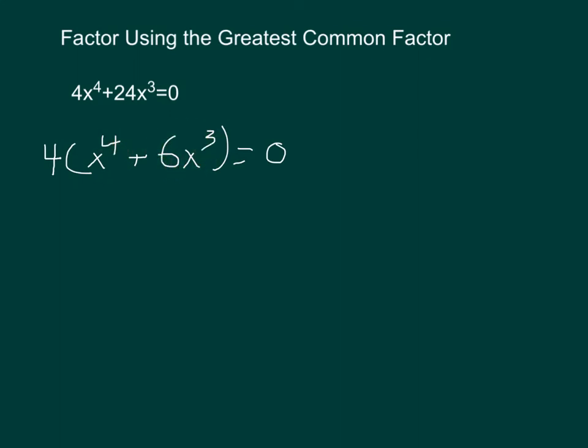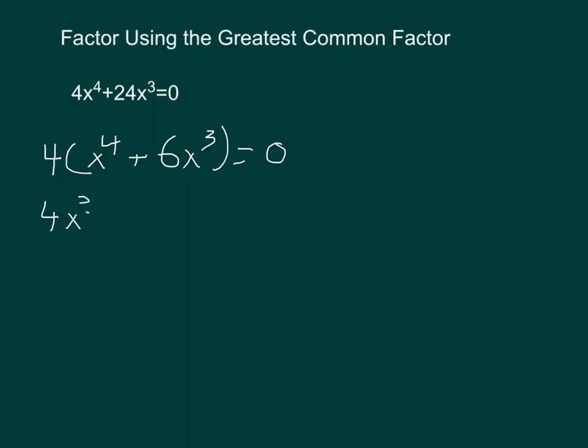And I'm basically looking for the smallest degree of the variable, because my first term contains 4 x's all multiplying. My second term contains 3. So if I look for the smallest number, I'll know that each of them also contain 3 x's. That means I can take an x to the 3rd and put it out in front next to the 4,